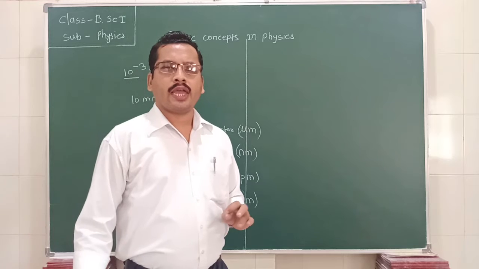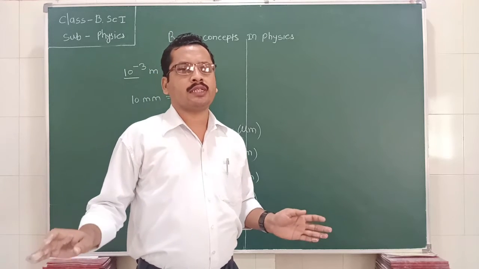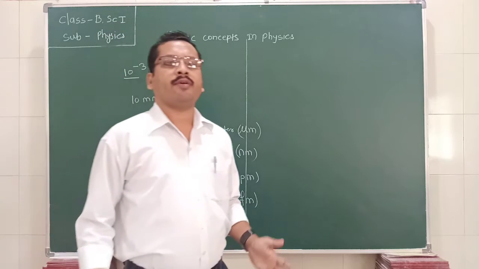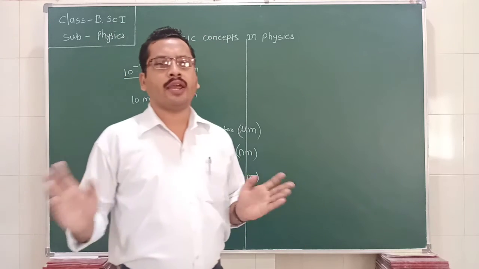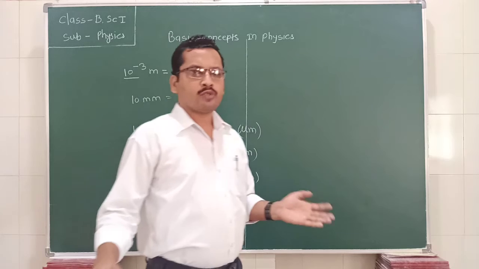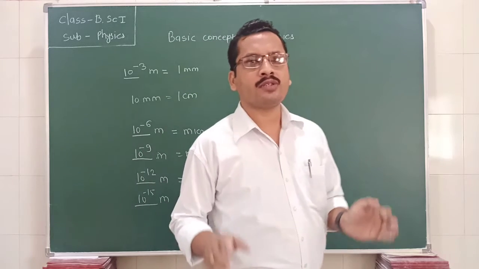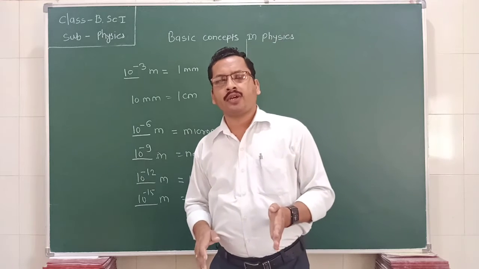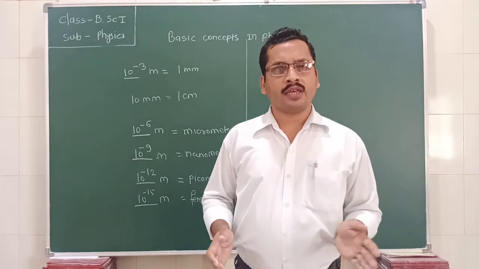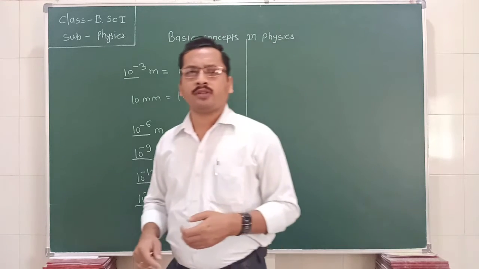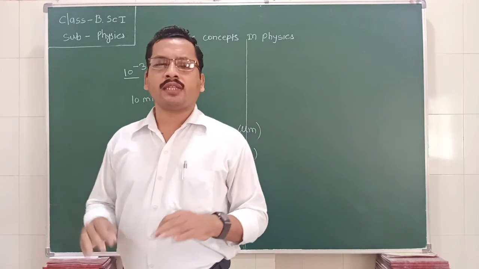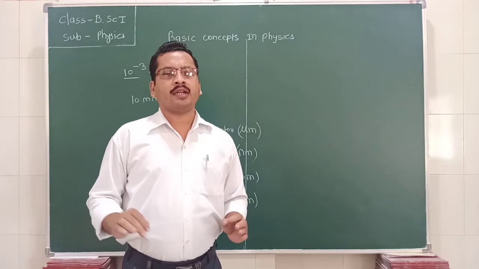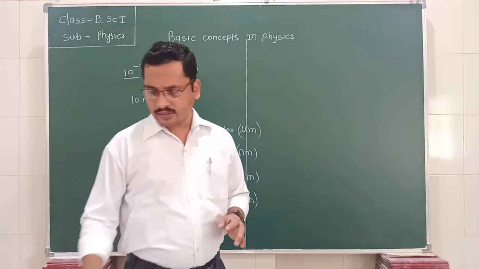But if we need to measure the distance between two distant stars, for example the distance between the earth and the moon, is it possible to measure this distance with the help of a vernier caliper, a micrometer screw gauge, or even a meter scale? No, it is impossible. So to measure the distance between the stars, we use another type of unit. It is called the